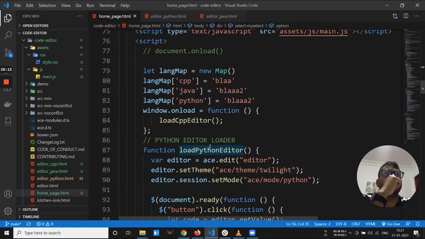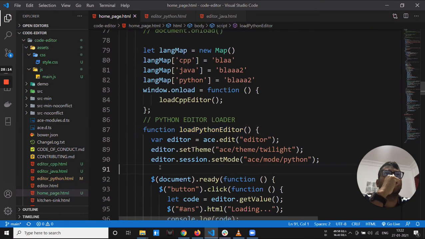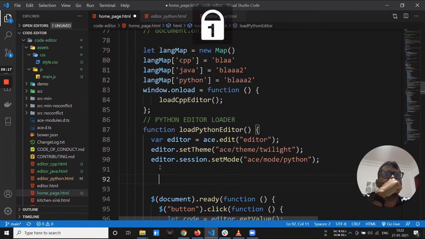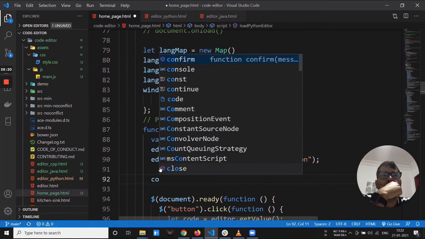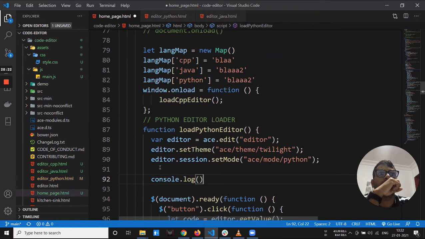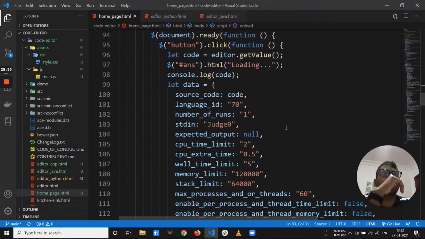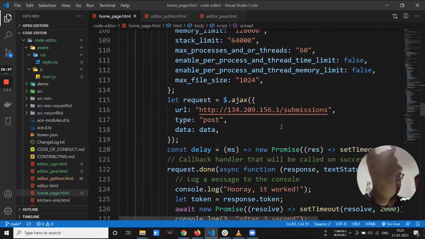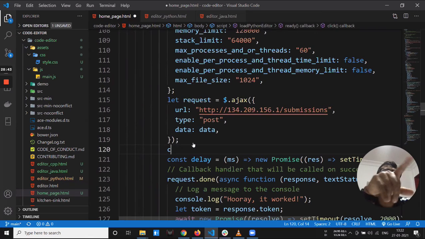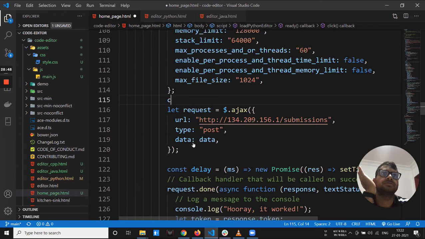Let's do a console.log, Python is triggered. Also go down in the code and print this request data, before the request. Anywhere, just print this data.